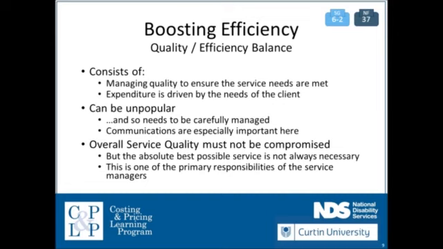Managing the quality to efficiency balance can also be very difficult for your organisation, and remembering that at some point there is a point where you would draw the line and say, actually, we can't continue to provide particular services because we're concerned that the quality is affected too dramatically by the target price gap that we're trying to manage, or indeed that there's risk to clients and staff as a result of reducing costs to that extent. However,